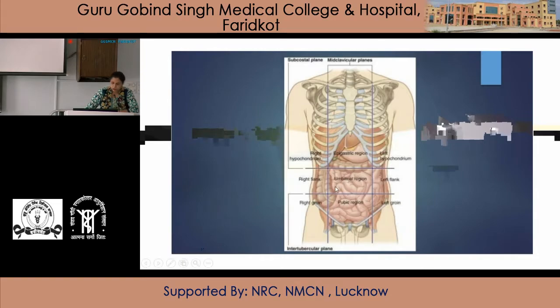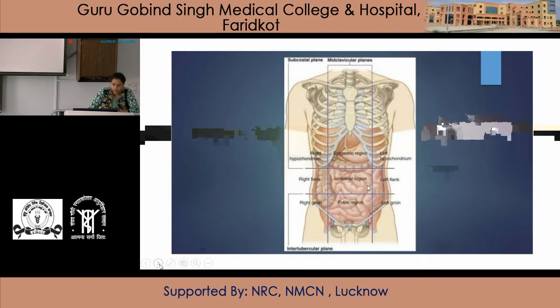So these are the regions. In the middle, from above downward, are the epigastric region, the umbilical region, and below it the pubic region. On the right and left sides there are the right hypochondriac region, the left hypochondriac region, the right flank, the left flank, and the right groin and the left groin. So there are 1, 2, 3, 4, 5, 6, 7, 8, 9 regions formed by the 2 vertical